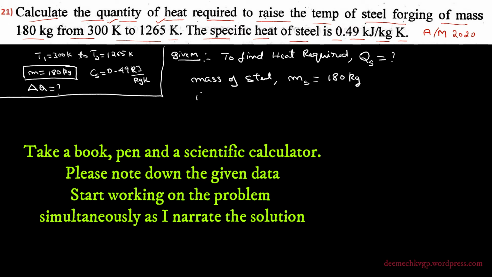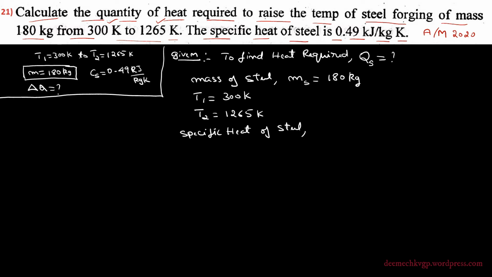Initial temperature T1 equal to 300 Kelvin. Final temperature T2 is equal to 1265 Kelvin. Specific heat of steel, let me denote as Cs. Specific heat is denoted with the capital letter C, and the suffix S stands for steel. So specific heat of steel is equal to 0.49